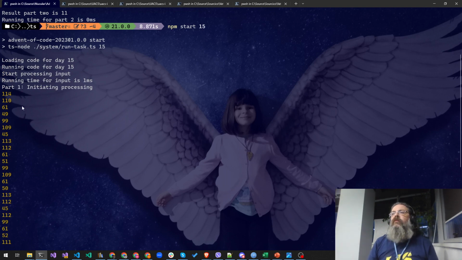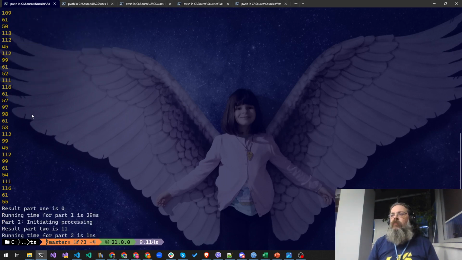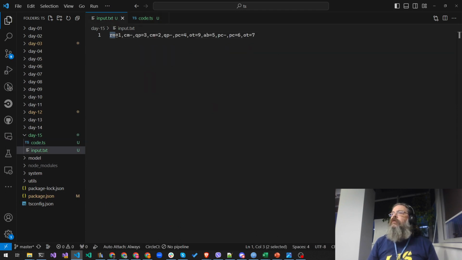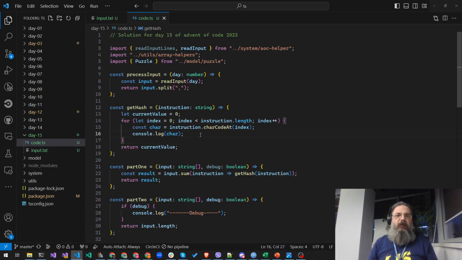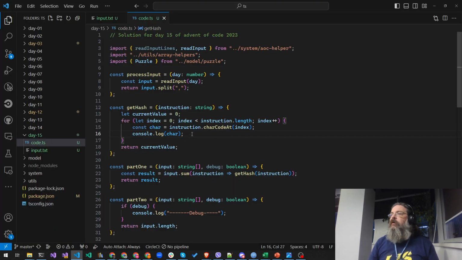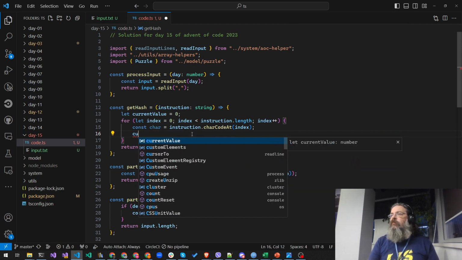We have 114, 110, and so on. And I think those are the correct ones. Lowercase letters have that kind of ASCII code, so that's the ASCII code. After we get the ASCII code, we increase the current value by the ASCII code you determined and multiply it by 17. So we just need to say current value